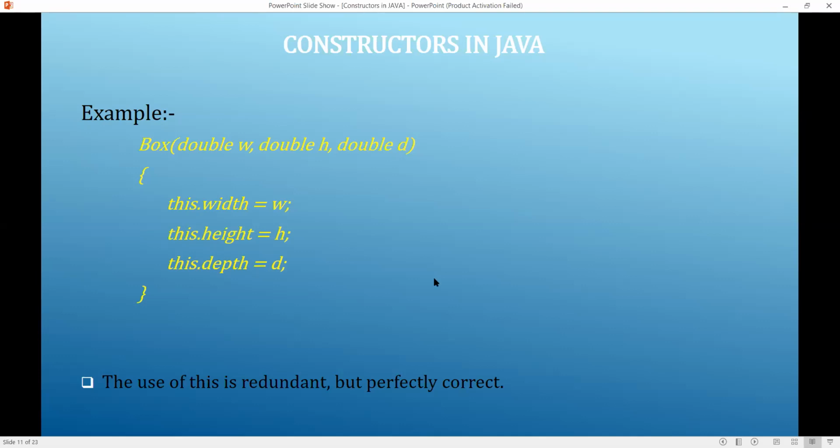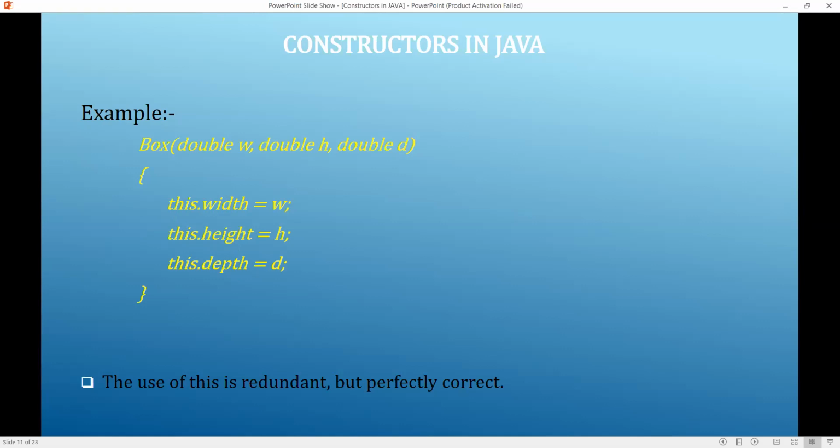And here I am showing this example. Here our width, height, and depth are our class variables or instance variables. Which object is calling at the current working time is represented by this. We can use this only with instance variables or methods.